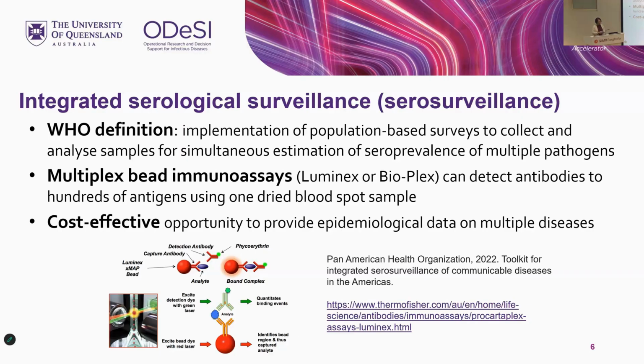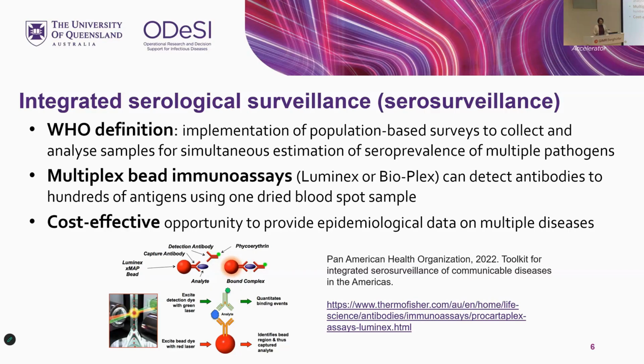Integrated serological surveillance, or sometimes just called serosurveillance, is an emerging approach where we can test for multiple pathogens at the same time on quite small blood samples. The WHO definition of this is the implementation of population-based surveys to collect and analyze samples for simultaneous estimation of seroprevalence to multiple pathogens. A bit of a mouthful, but basically it means we can test the blood sample at the same time for multiple